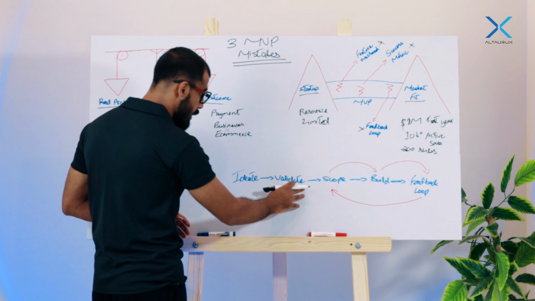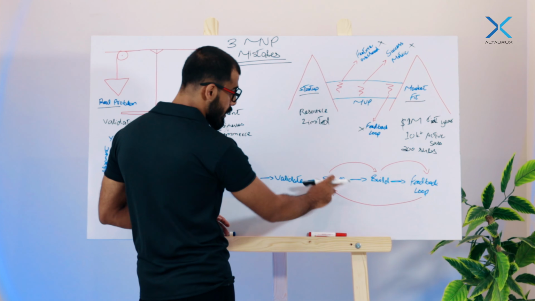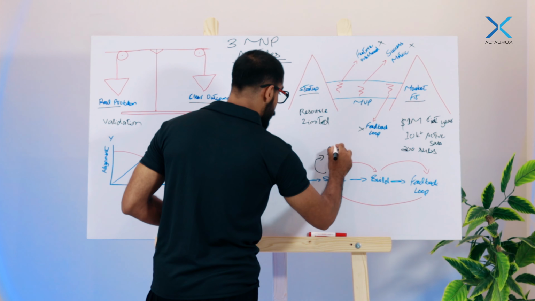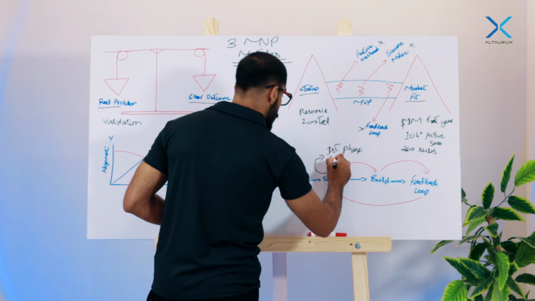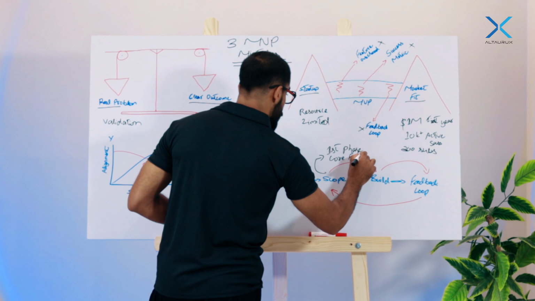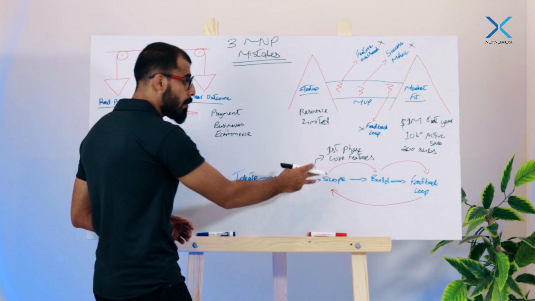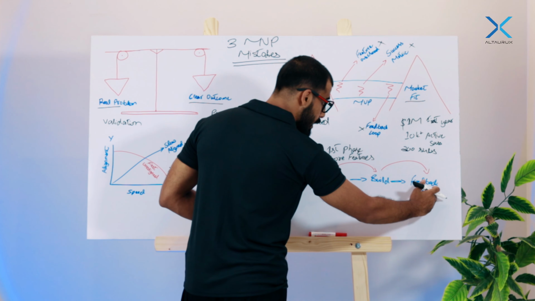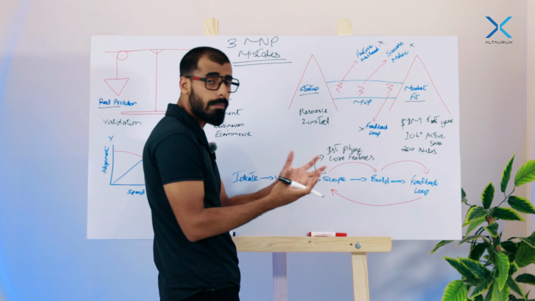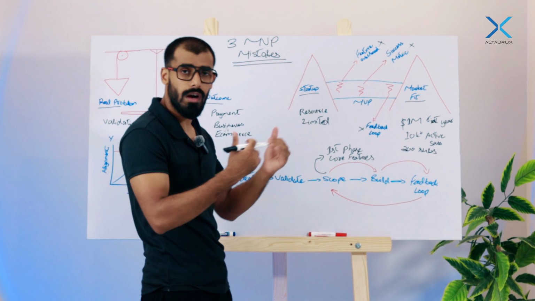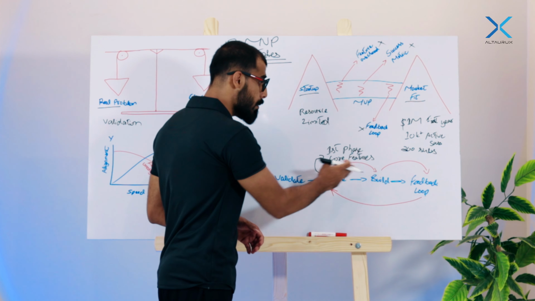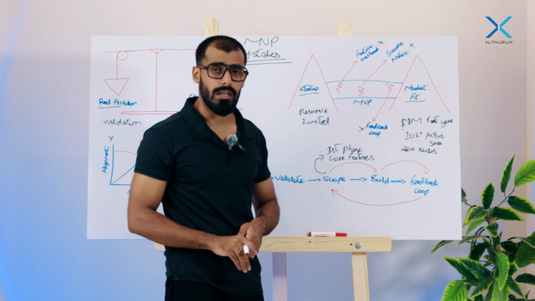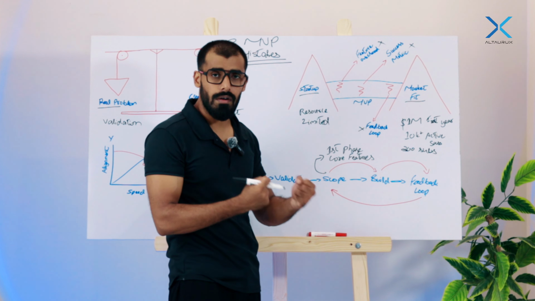So you ideate, you do basic level of validation, you scope the project out, right? So this is essentially, I would say, first phase, or you just focus on core features, right? You scope the project out, you build and you deploy, right? Once you deploy, you start getting feedback, and then you scope against the feedback that is given to you by all these users that you've onboarded. You scope those features out, you build, and then you keep moving through these circles until you get to the product market fit status, because that is the actual goal of the MVP.